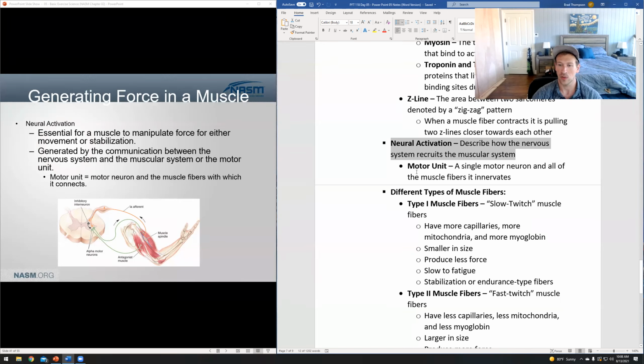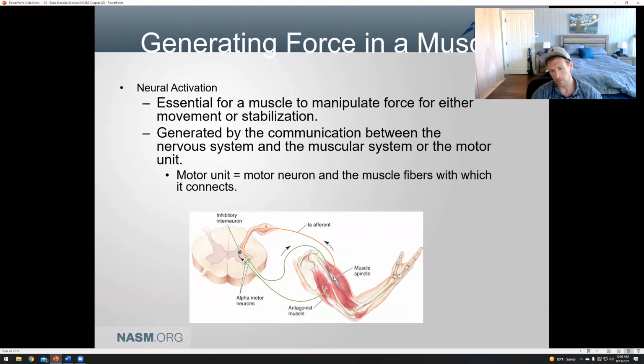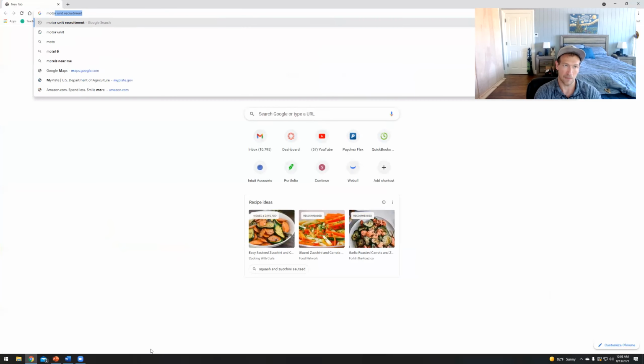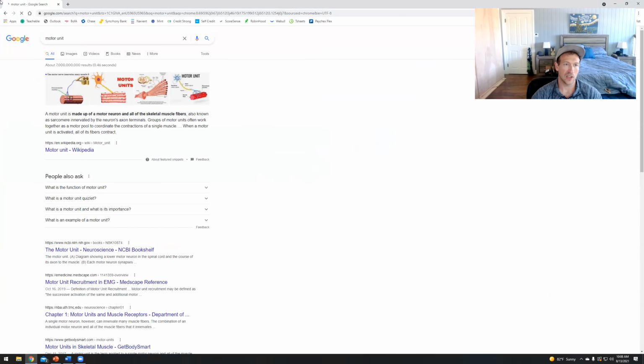And it does this through the use of motor units. A motor unit is a neuron and all the muscle cells that it innervates. So you can see in this picture here, the neuron's going to run down and then see how it branches out. Well, that's because it's going to zap several muscle fibers simultaneously. So if we look at a motor unit,